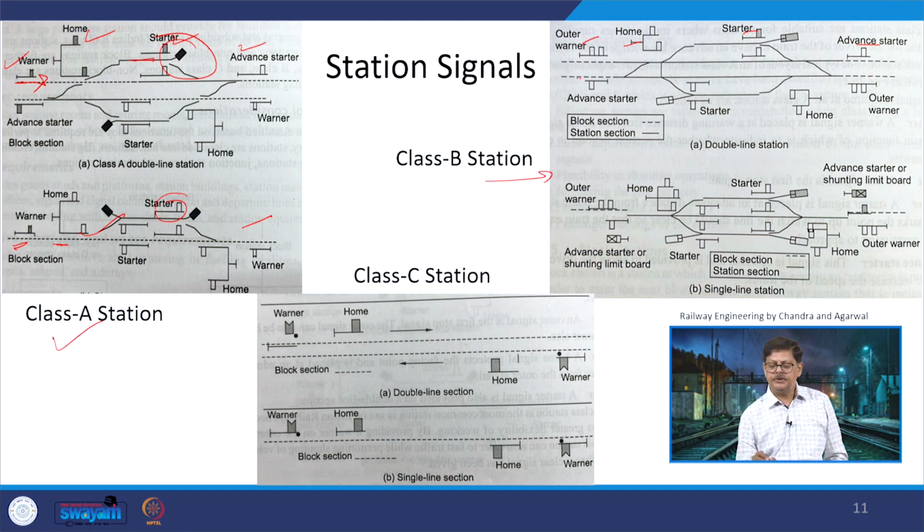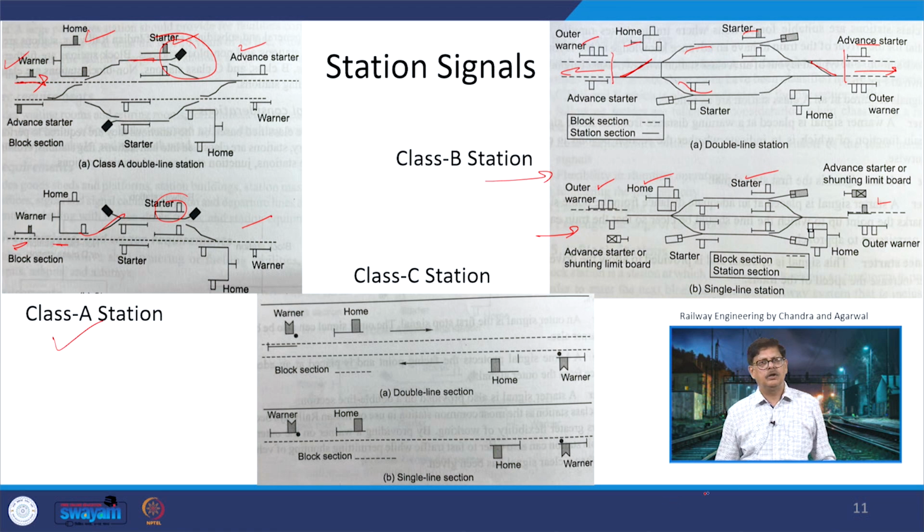There is a possibility of movement here which is being shown. That means from one main line to the other main line also the train can move, and the loop lines are also being set. So beyond here, this is a block section, and then in between there is a station section. In the case of a single line track, so again outer warner, home, starter and advance